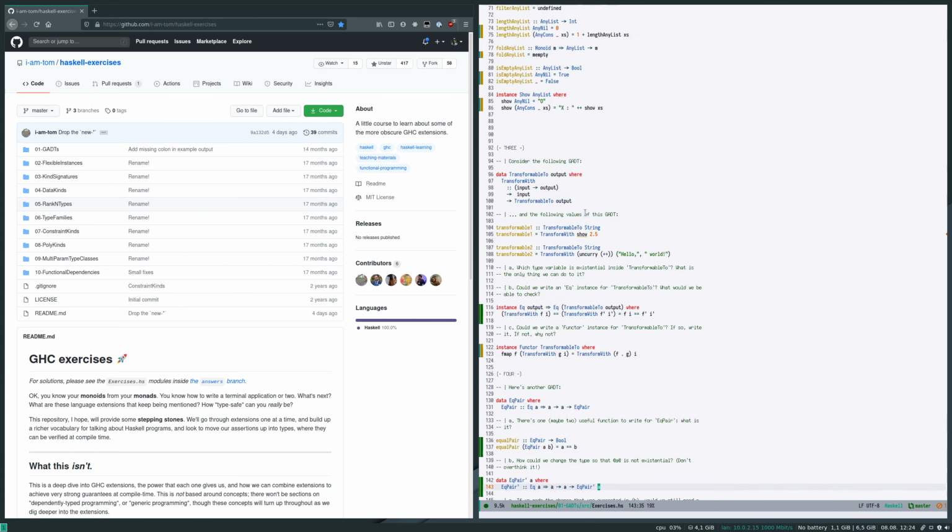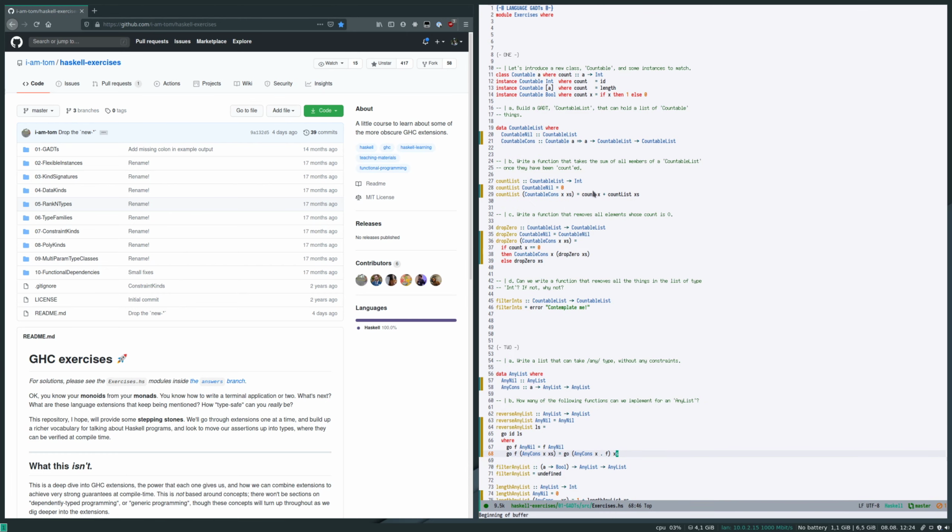I can give a quick recap. So this is a very nice repo created by Imtom, which has a series of exercises with extensions. And they cover obviously a lot of interesting topics about Haskell or functional programming in general. So the first one was about generic algebraic data types,